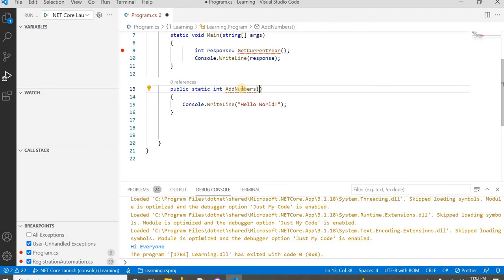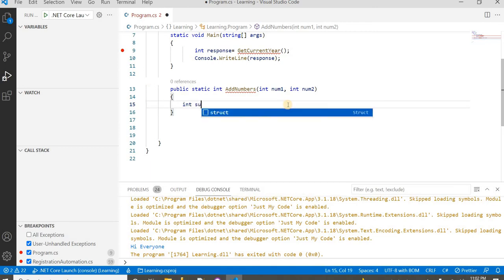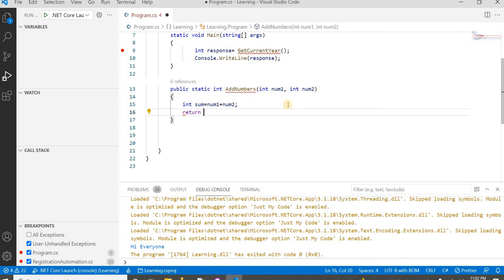It will take two parameters, int num1 and int num2. So I need to return some integer value. First I will take int sum. In the operators video we learned how we can add two numbers. Now whatever is sum, we will return the sum. This method will add two numbers and return the sum here.